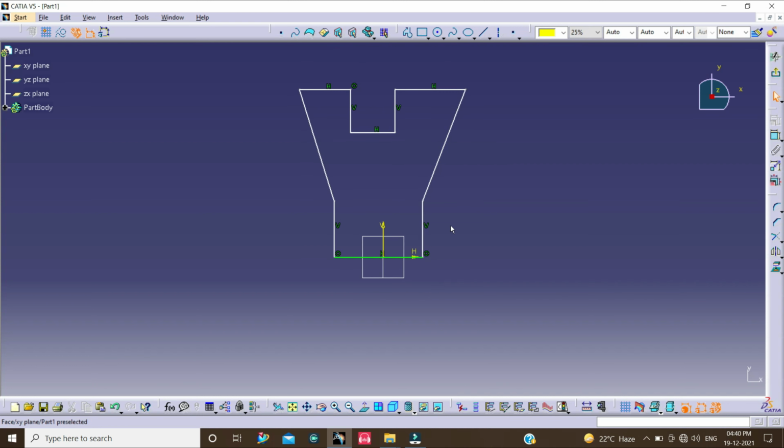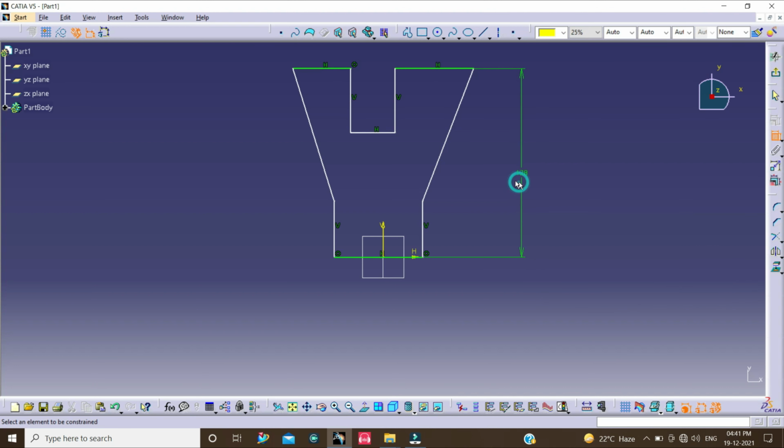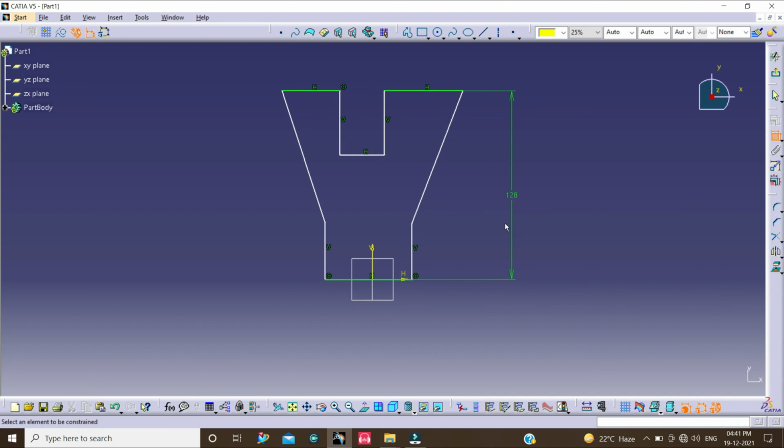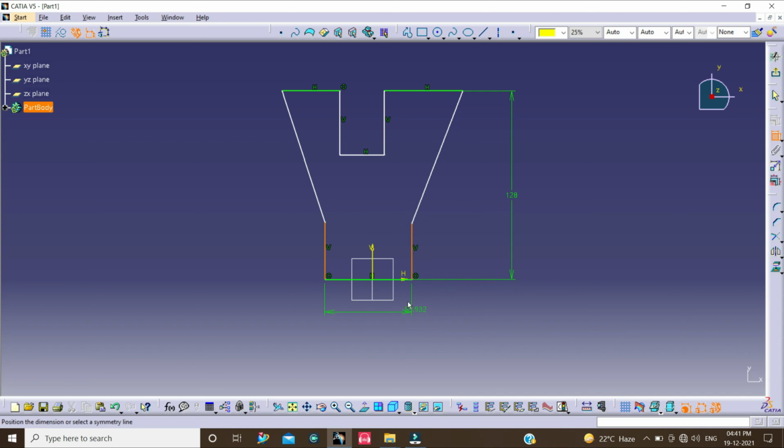Then constrain this sketch. So double click on the sketch, then double click on Constraint. Select this line and this line, then right click and select Allow Symmetry Line and select this vertical line or vertical axis.